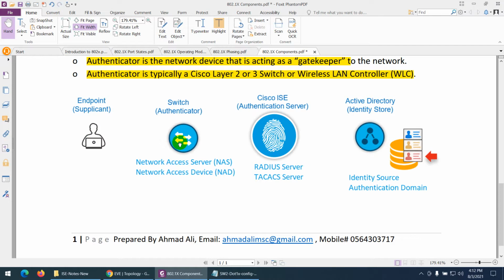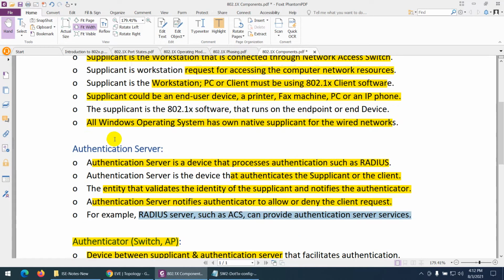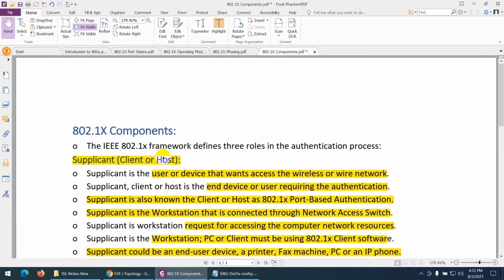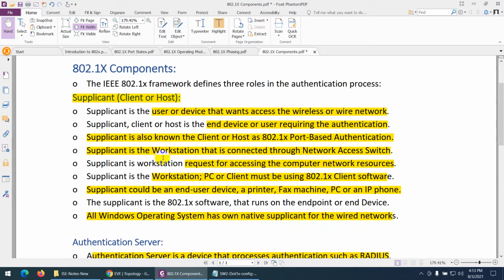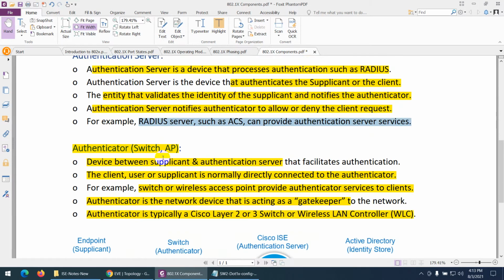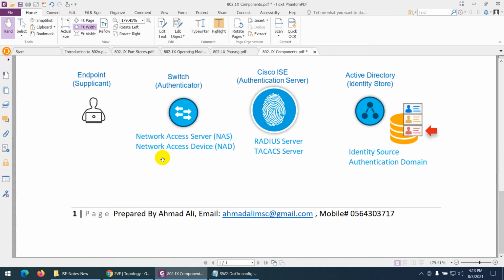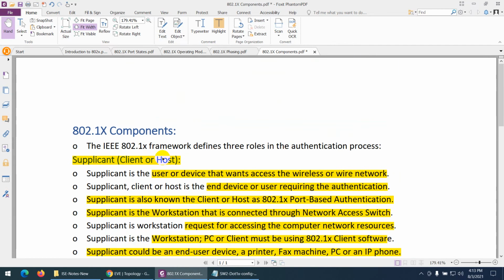So the switch will do nothing until ICE tells it to. This is the authenticator, this is the authentication server, and this is the endpoint. Basically we have three components. The whole 802.1X framework works with three roles: supplicant, authentication server, and authenticator. Got it? That's it. This was 802.1X components.